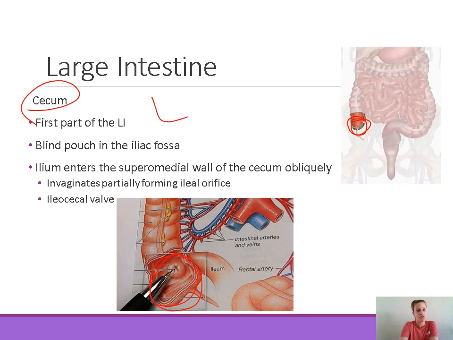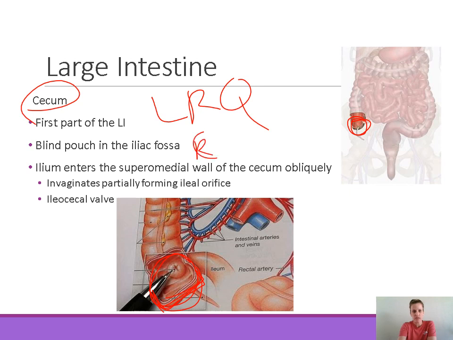It's located in the lower right quadrant of the abdomen. The cecum is a blind pouch, meaning it's not a connecting tube. If you look at the end of it, there's a dead end that's located down in the iliac fossa,